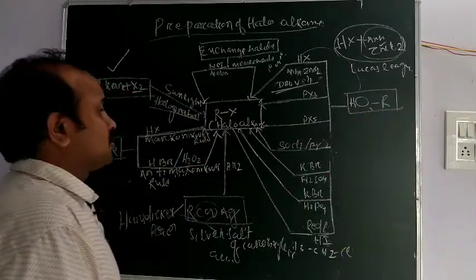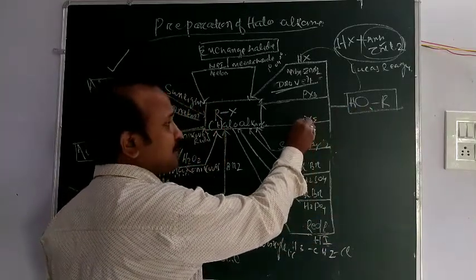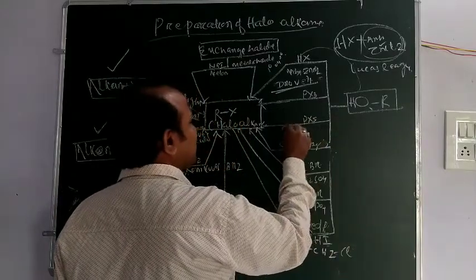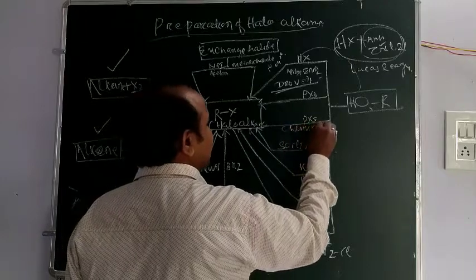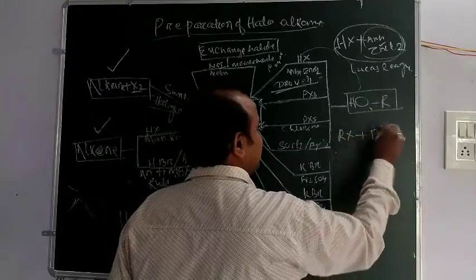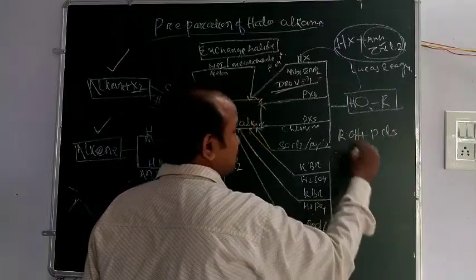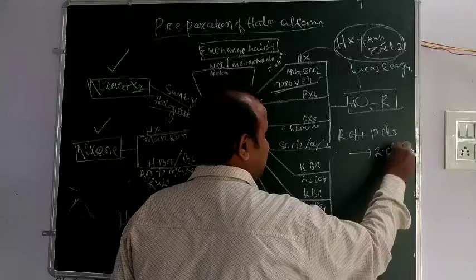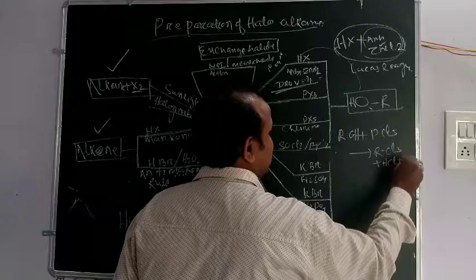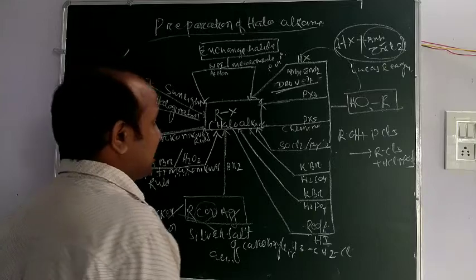Then write the preparation of alkyl halide from alcohol with PX5, phosphorus pentahalide, PCl5. Suppose this is specially for chlorine. Okay, when ROH reacts with PCl5, one chlorine goes to the alkyl group, giving RCl, and another chlorine goes to H, giving HCl, plus POCl3. Okay, and this is the best way.